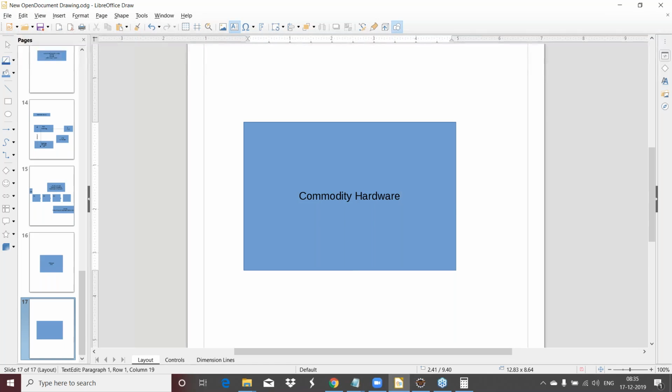Commodity hardware is a cheaper hardware. If you talk about your laptop or your desktop, that may be very expensive for you. But with respect to the organization, this is almost nothing, almost zero cost. So if I combine this with the definition of Hadoop, we would say that Hadoop software is already free of cost, and Hadoop is going to make use of commodity hardware, which is almost zero cost. So as far as the investment is concerned, it is going to be nothing.